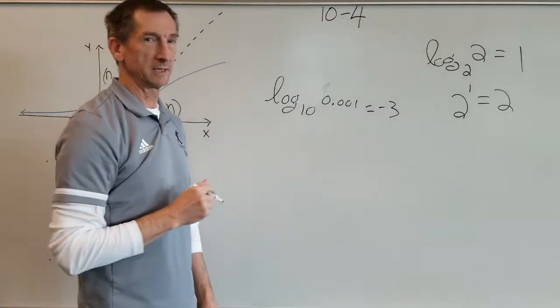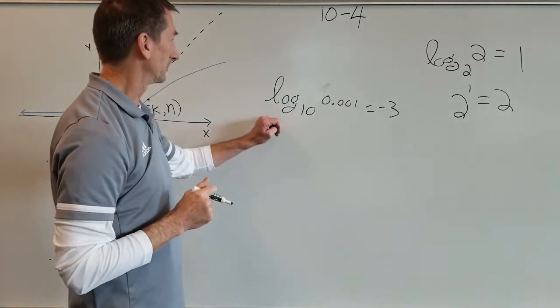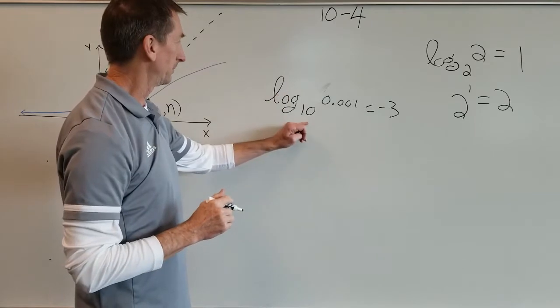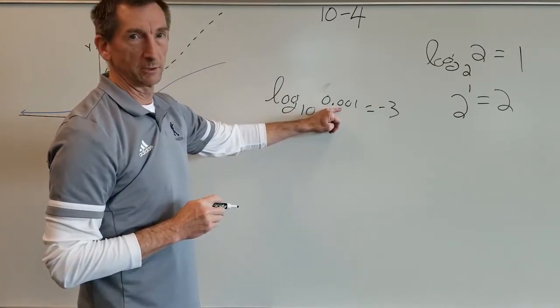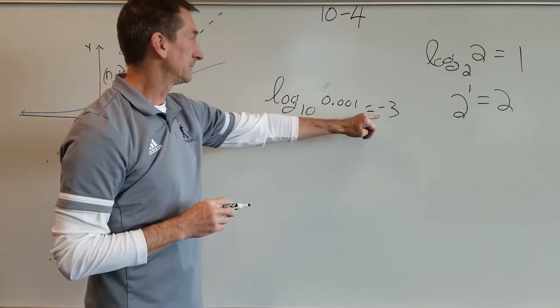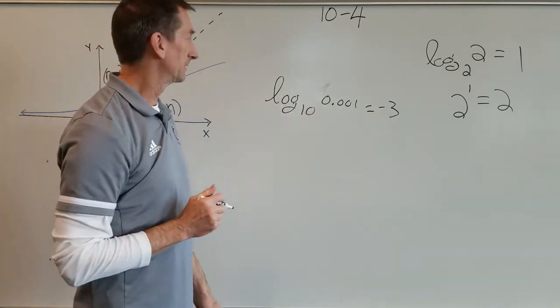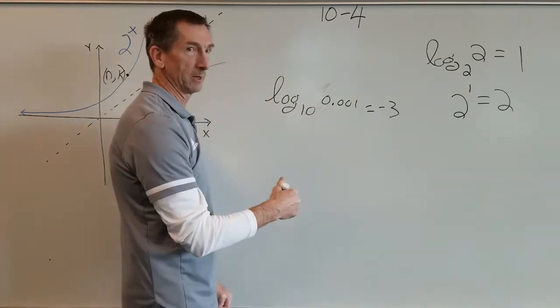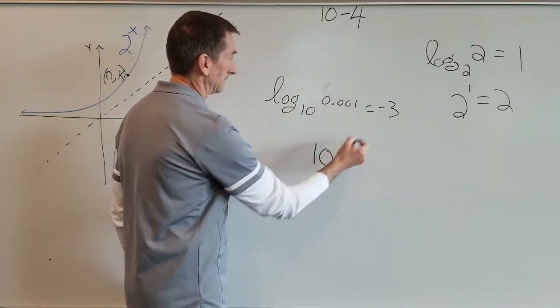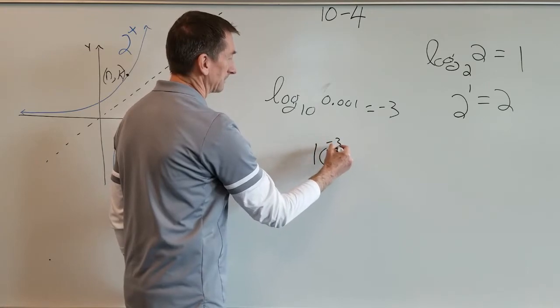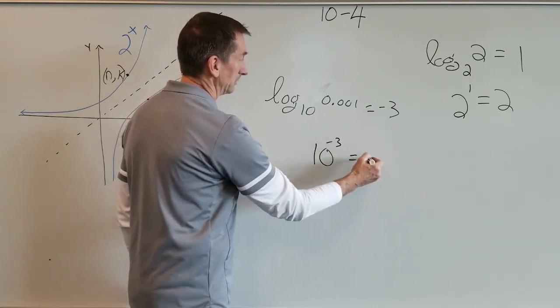So how did we say this in exponential form? Of course, we have log base 10 of 0.001, or 1/1,000, is equal to -3. So how I would write that in exponential form is 10 raised to the -3 is equal to